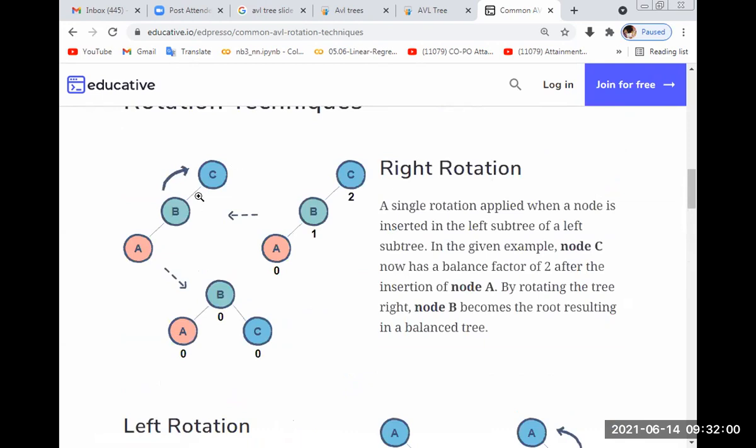So here there is the problem and here left. So this we call a right left rotation, meaning here we have the problem on the left, but you have to rotate to the right. That's why we call it a right rotation. But in representation the problem will occur on the left side, then you have to rotate it in the right direction. So this one we call an LL rotation.